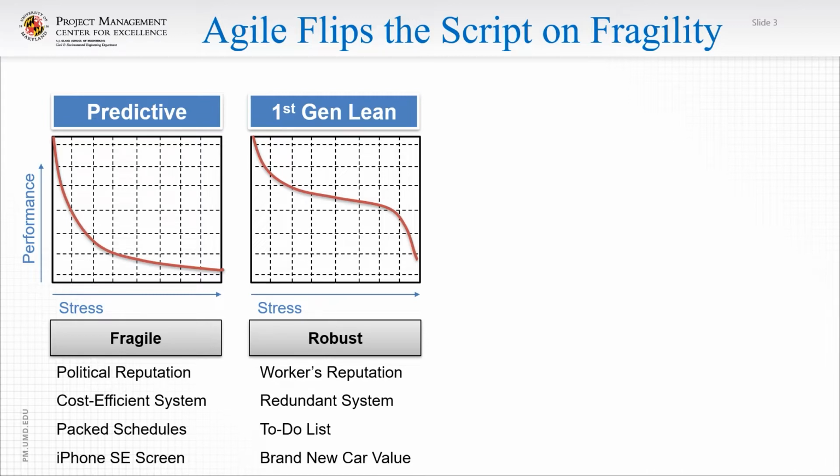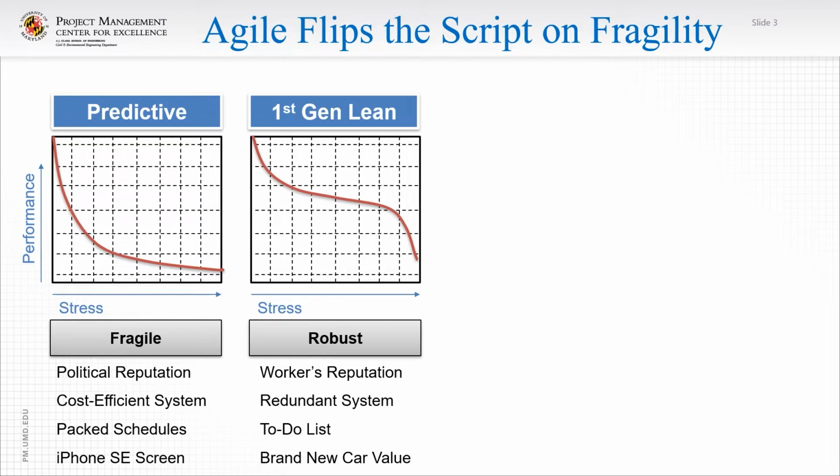Now, first generation lean techniques help us to become robust. They allow us to actually manage stress in a normal curve fashion, what looks like an S curve as you see it here. And this kind of S curve is similar to what we would experience in terms of a worker's reputation. At the very beginning, you're perfect, but then you're no longer perfect, you're just normal. In fact, you stay normal under enormous amounts of stress until eventually, if you continue to make mistakes, people will give up on you. But you're just like the rest of us if you're not perfect, and frankly, that's kind of what we've all experienced.